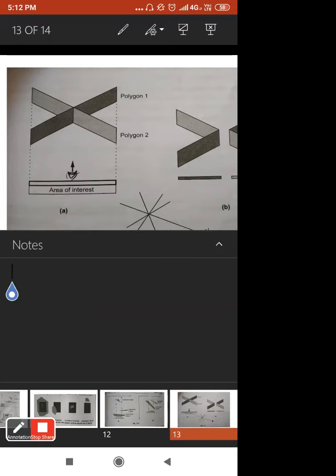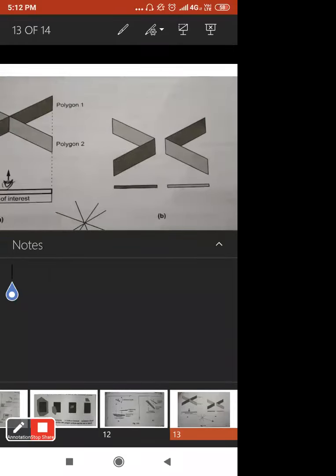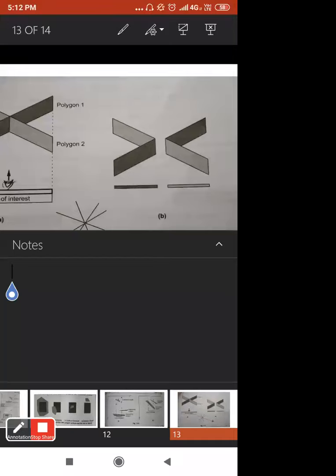Okay, so how are we going to do it? Actually, we are dividing this area of both of these polygons, and those which are back faces or hidden surfaces, which can't be seen from the viewer's point of view, we are going to omit. Only the front faces we are going to display on your display devices.